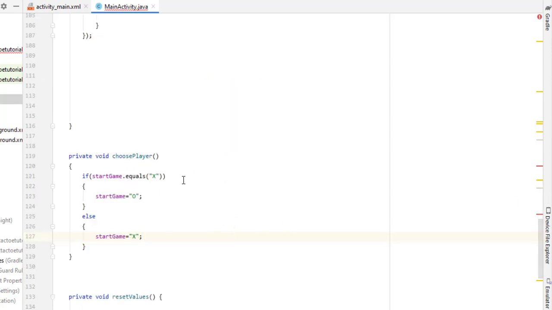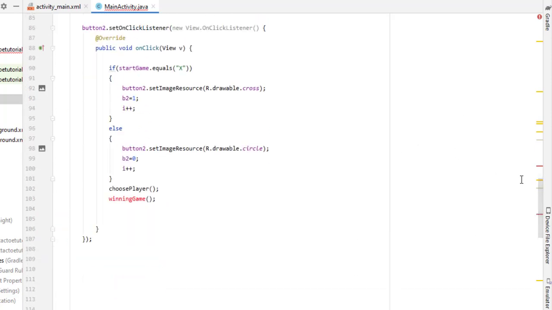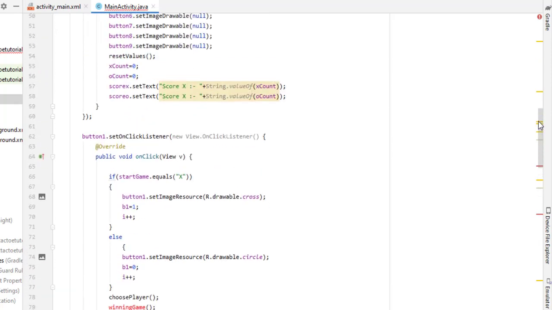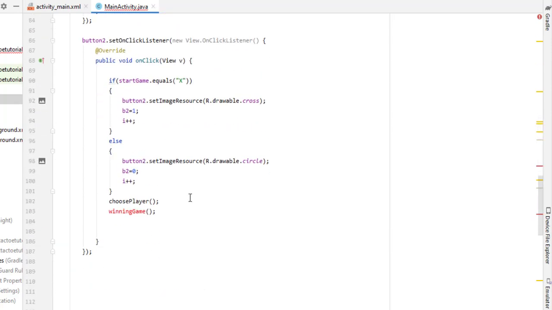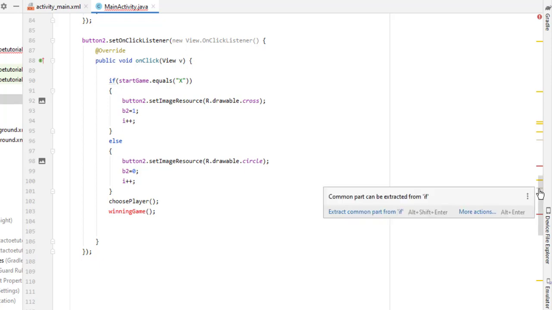The code again comes here, and then we check whether startGame contains X or O, and if it contains X, then I simply replace it by O, but this time it does not contain X, it contains O. So the code comes inside our else, and then we again replace it with startGame equal X, and then the code flow continues to work. So hope you understand how this works, and this is very amazing logic. Also I have to call the winning game function every time. Later I will create this winning game function, but don't worry.